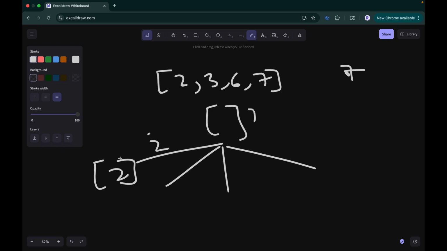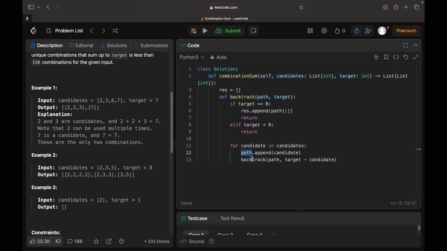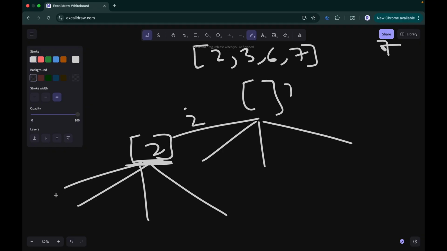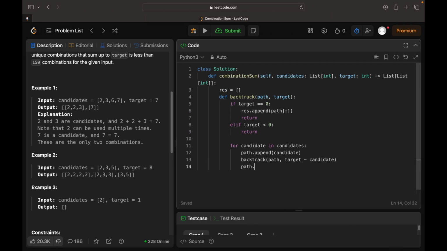And after that, we want to backtrack again. On this particular thing, we want to find out all of the combinations that can take place. So what I'm going to do is call the backtracking like this. And then once everything is done, let's say we return out of it. So we are essentially going back to this function. What we want to do is get rid of this 2. That, hey, I was wrong. This is not the clear thing. Let's have a clear slate and start again. So I will just have path.pop done. Cool. So that will backtrack on everything and I can just return the result, and you might think that works,